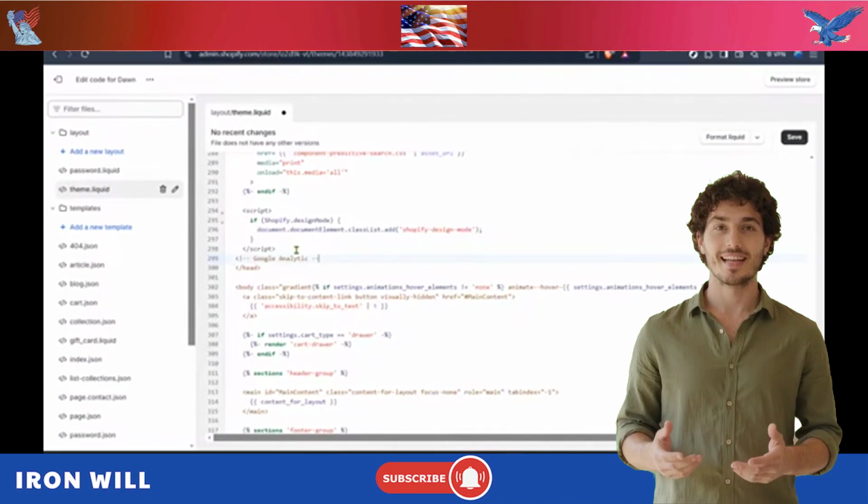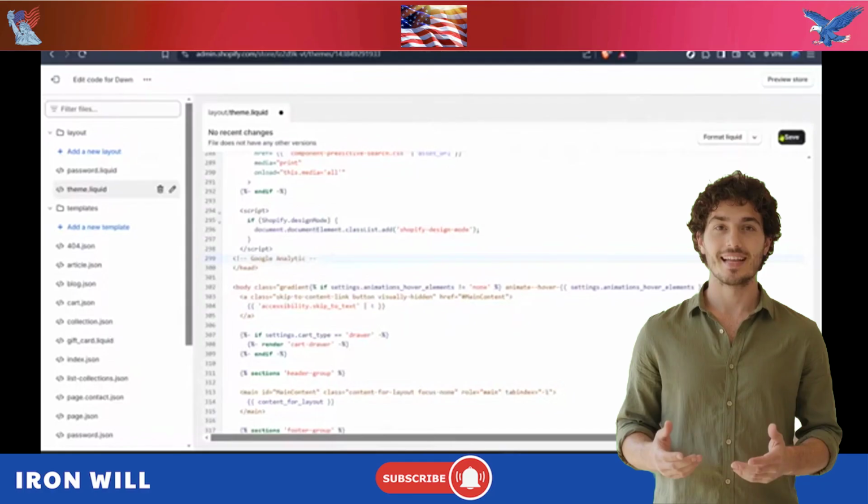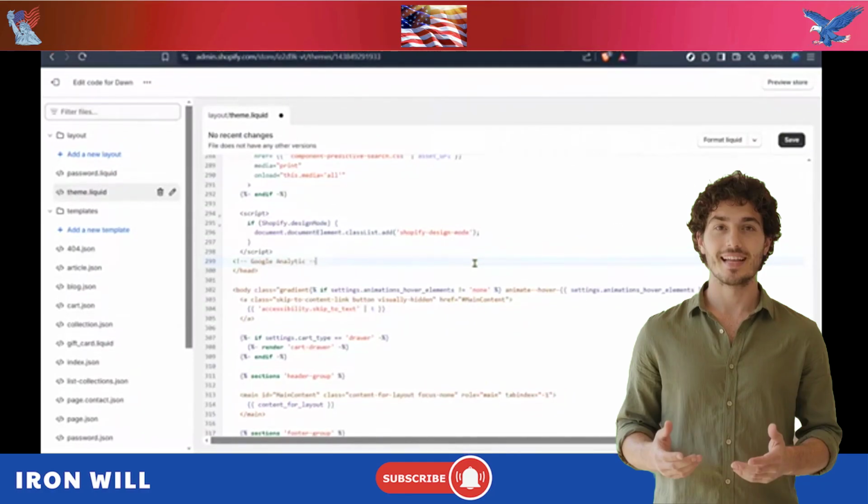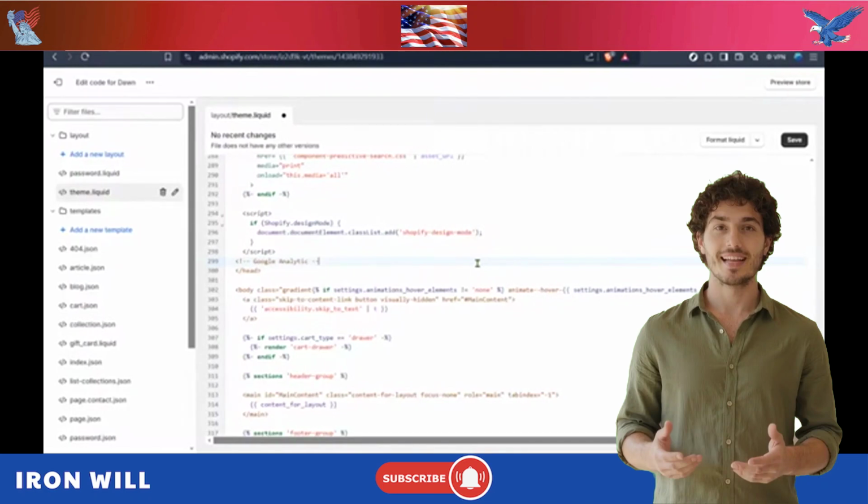After saving, it is smart to verify that the pixel is functioning. Visit your storefront, perform a few standard actions, and then check your pixel's management dashboard to confirm the data is being captured. Manually adding a pixel might feel daunting if you aren't used to HTML, but following these steps ensures